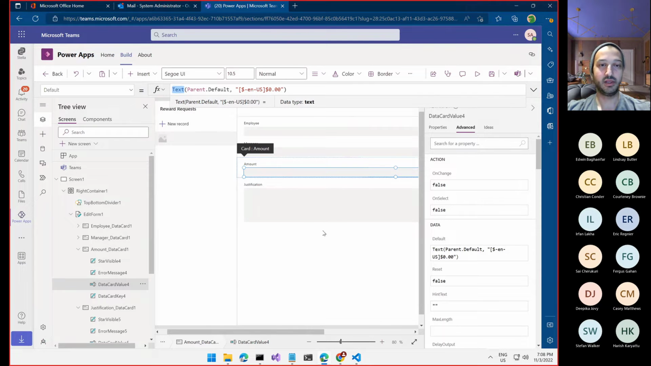So if you check the text function in the Power Apps formula reference, you're going to find how to do such things. So you can just copy paste that one, right? So that's for the amount. What we can do as well is,